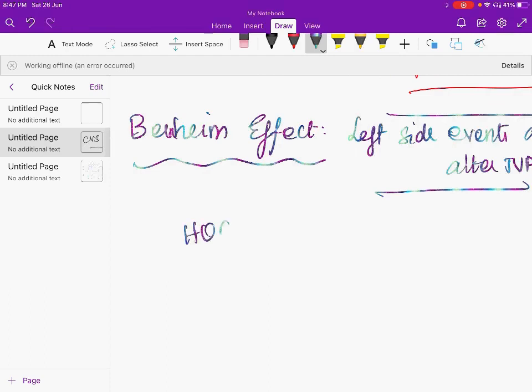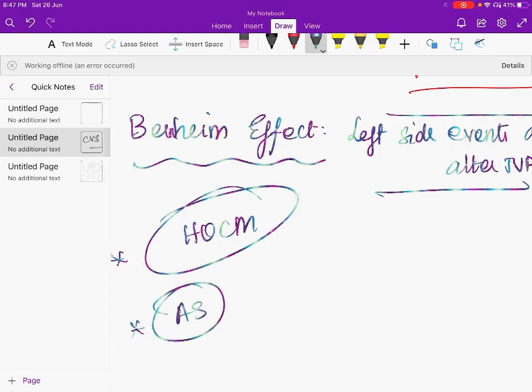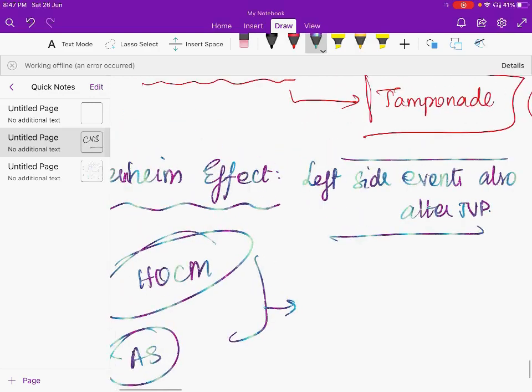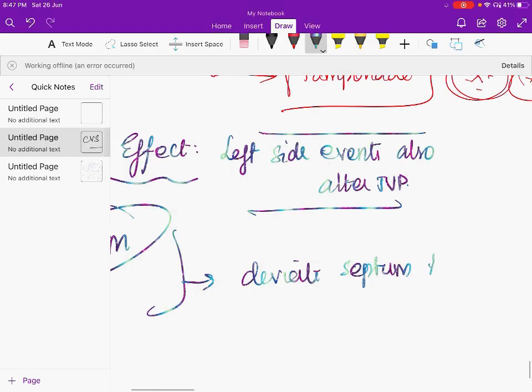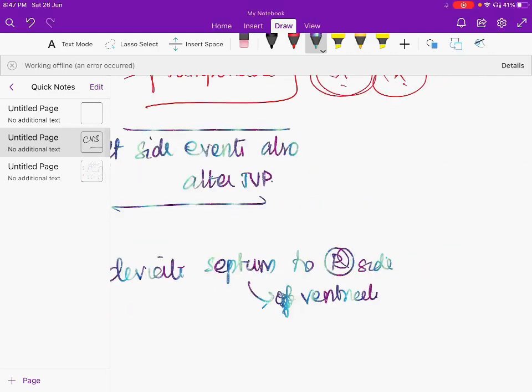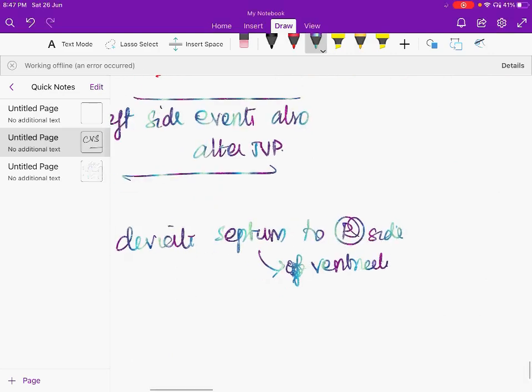HOCM, hypertrophic obstructive cardiomyopathy, and aortic stenosis. What these two will do is deviate the ventricular septum towards the right side of the heart. So what happens? It will produce the